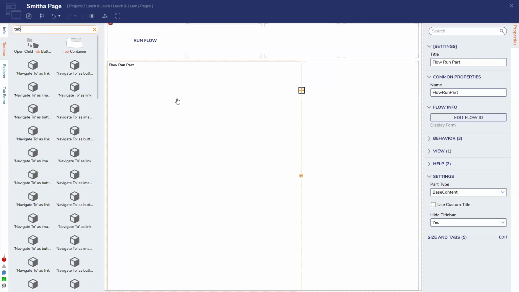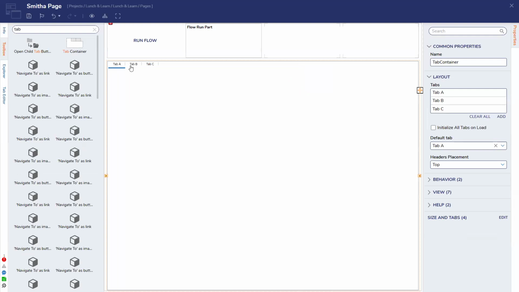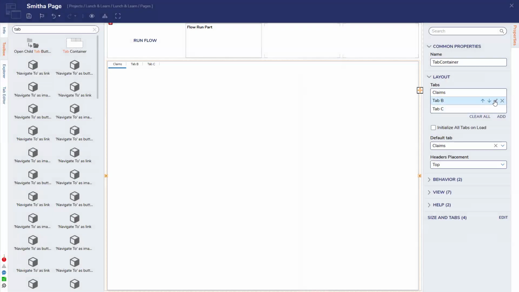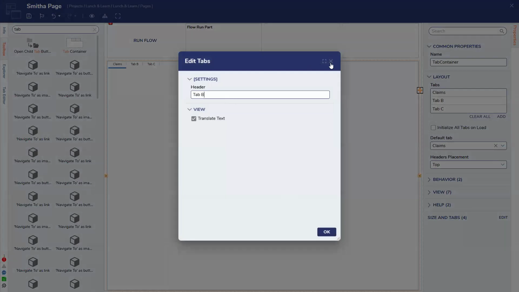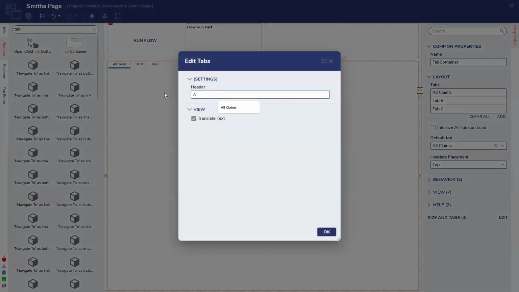All right. So this, instead of just doing a grid option, I'm going to move this tab container over here just for displaying this. So now you have tab A, B, and C. Let's say we want to call this one something like claims. Actually, let me be a little bit more specific. Let's say this one is all claims. We'll call this one active claims. And then we'll call this one